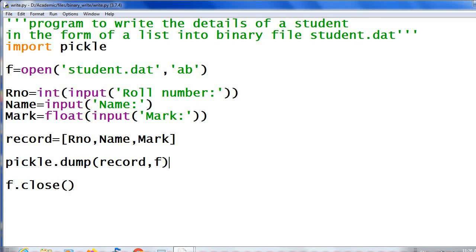If we want to write as many records as the user is interested in, we can give a loop.